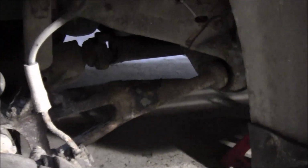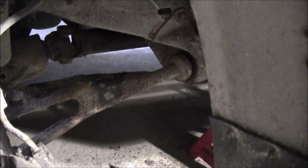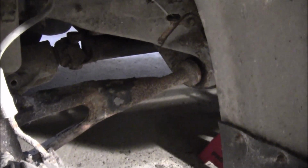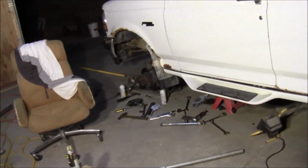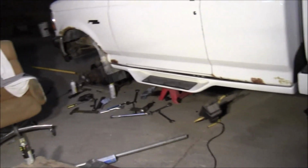So yeah, somebody's replaced that bracket before. It's bolted on. I'm not 100% sure what kind of condition it's in. The bushing really doesn't look bad. So I'm hoping it's not the bracket. If it is, I'm gonna have to take that damn bracket off. And I've got the ones off of my green truck because I replaced them just a few years ago. So they're in good shape. They're about like new. I'll stick them on if I have to. A lot of work, but once I get that done,